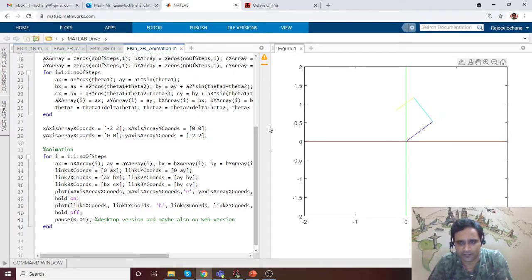Okay, fair enough. As you can see, the function is being executed. The speed may not be very good because of server side issues, and if at all I comment this line, let me see how well it goes.